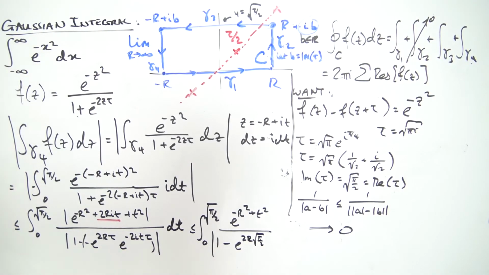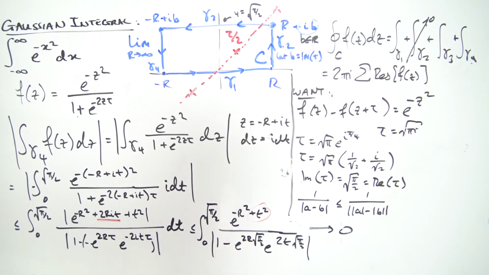And for the second factor, we only care about the imaginary part, because the real part will vanish. So we're going to have e to the minus 2 times i times t, and the imaginary part of tau is i times the square root of pi over 2. So this is a big mess, but notice i times i over here is negative 1. That's going to cancel out nicely with the negative at the front, so we're just going to have 2t times this constant. Alright, great, and notice, just like before, we have t squared, which is finite, and as our r